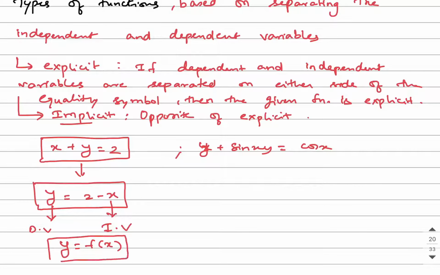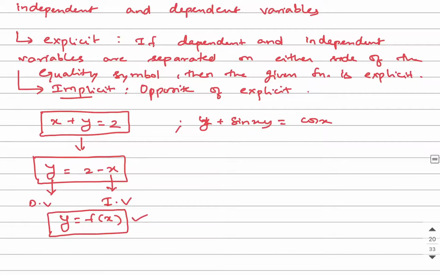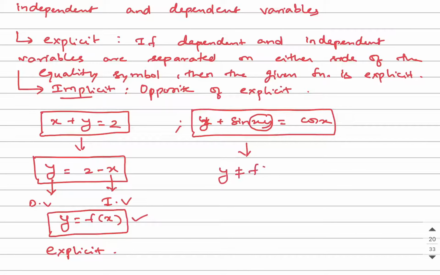So to put it in simple terms, if you are able to write any function in the form y is equal to f of x, then that function is what is called an explicit function. So this is an explicit function. Now what is an implicit function? Here, in the example we have taken, it is not easy for us to separate y and x. Because here you have the xy term, it is a tedious process for us to separate and write it. So these kinds of functions where you cannot write the y is equal to f of x form are examples of implicit functions.